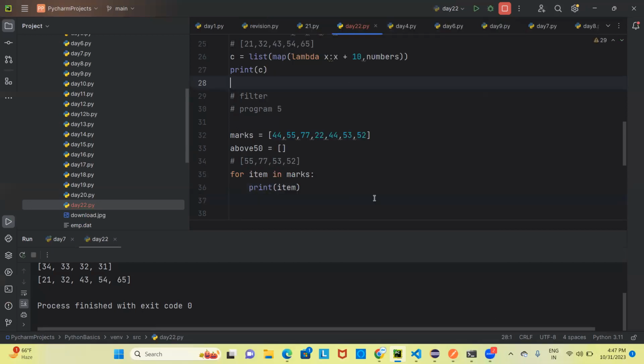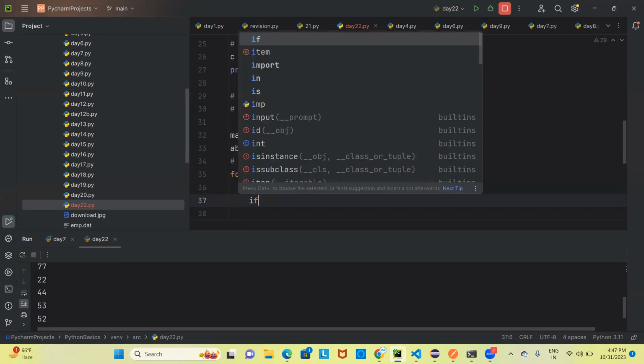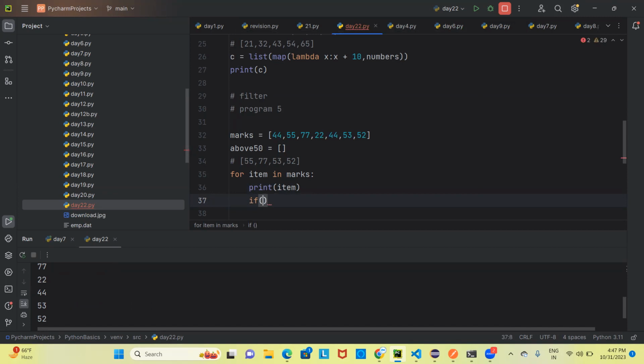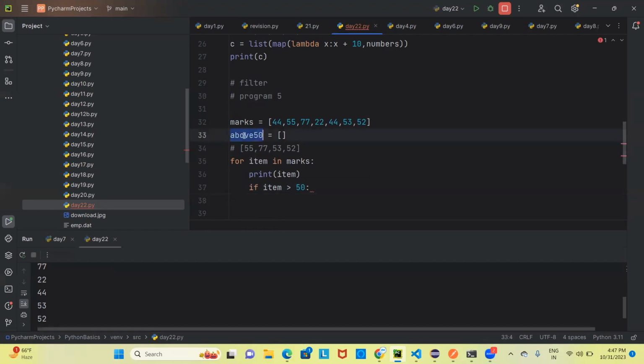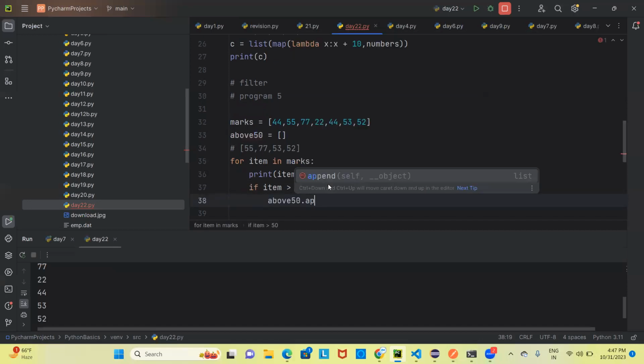If I right click and run this, see I'm getting every element of the list, starting from 77 to 52, but I don't want this. I just want the elements which are above 50. So what I will be doing here, I will say, if atom is greater than 50, then what I need to do, in this blank list, I want to append the same